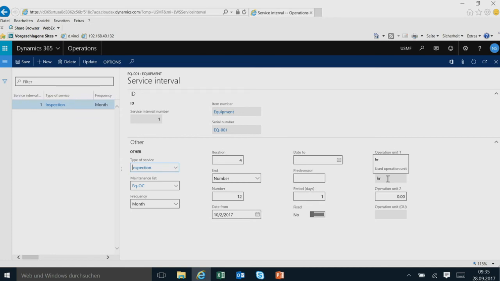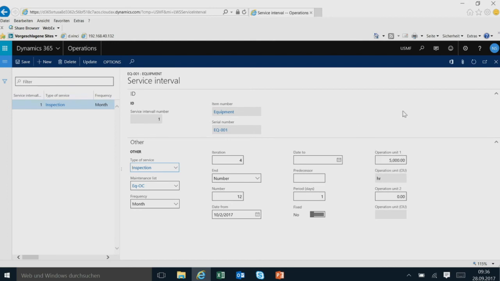will be executed. A batch run in the background will show a dispatcher the demand to execute such inspections or the service appointments. And if 5,000 hours comes before the 4 months in this case are reached, the dispatcher will see, okay, here's something due.